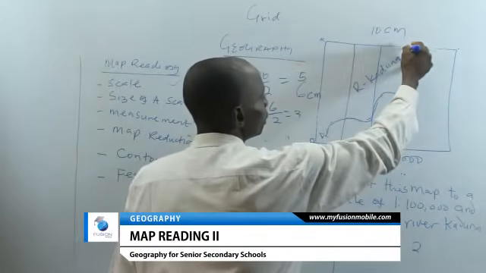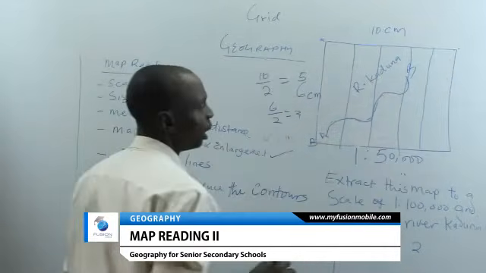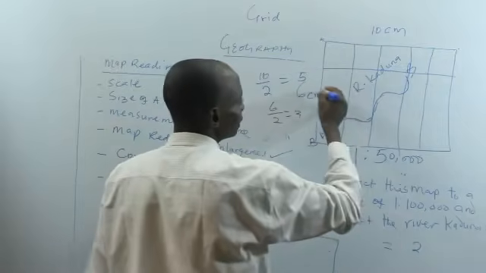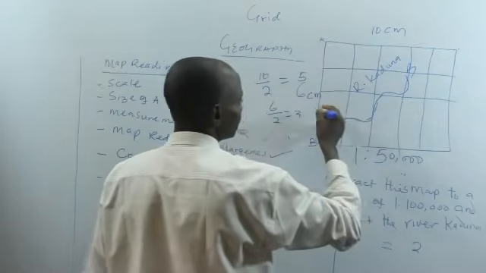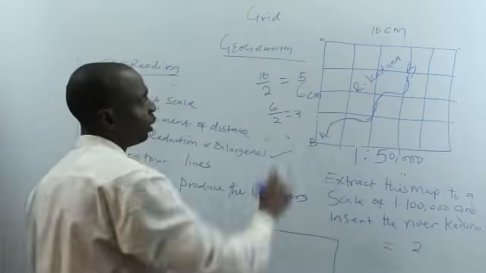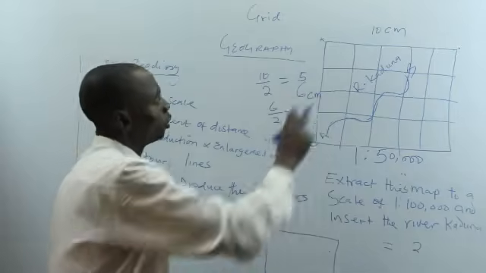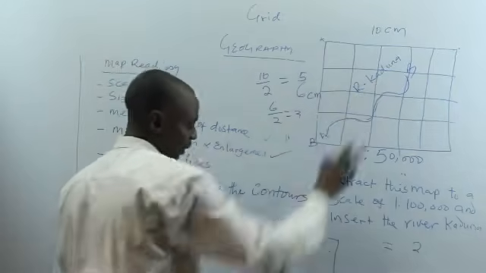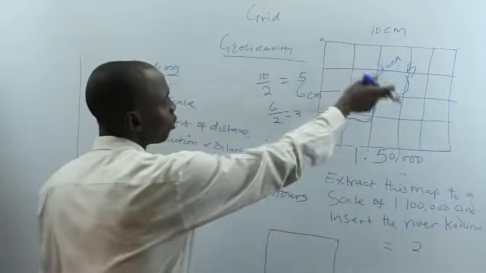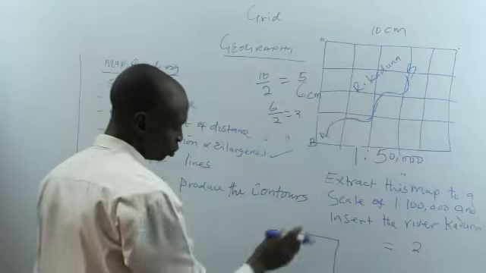2, 3, 4, then 5. And you can also do it like this, like this, like this, and so on and so forth. Now, you can see this. You know that this map, this one is twice of this. So anything you are going to do here, it will be what? Less than 2 of